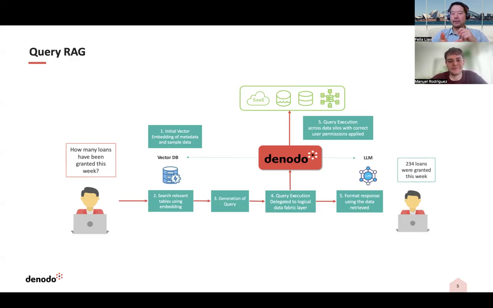Yeah, I think the point is actually really valid, right? So in a Query RAG scenario, the steps are more complex, and there are two distinct phases. To your point, there is the first phase around using embedding to do the table matching, and that involves metadata, sample data, and obviously in a large enterprise with many different technologies and different tables, that's a complex thing by itself. And the second phase is, once you have the table, you still really can't answer the question unless you run the SQL and execute it to get the data. So there's a secondary phase where